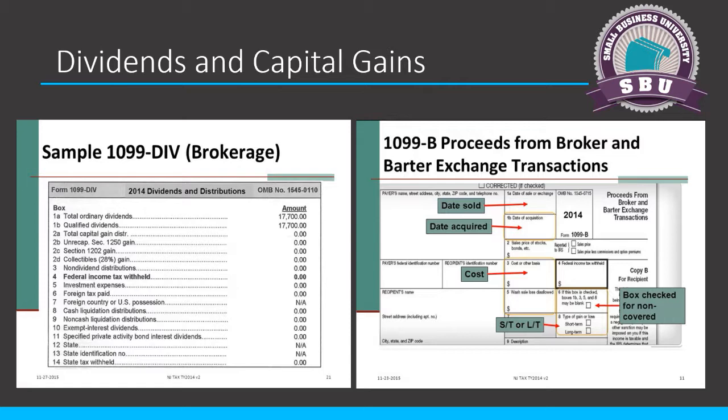We're going to make sure it matches, and everything's going to be great. But it's going to slow you down a little bit. Once the tax team has them, they match everything up. If there's changes that need to be made to the books, we're going to update you on that. Let's say you booked dividends for, in this example here, the form says 17,700, but your bookkeeping only showed 17,300. We're going to go back to you and say, hey, let's update QBO to 17,700 because that's what ties out